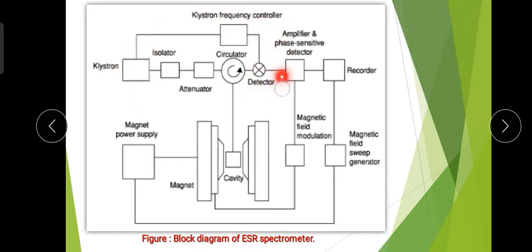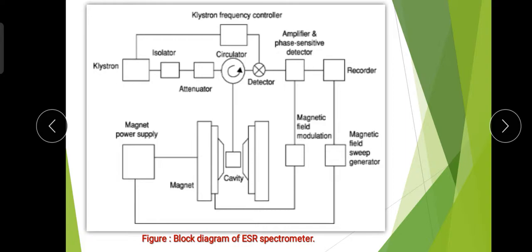Here is a detector, and this is generally a crystal detector. Then after that there are different components like isolator, attenuator, circulator. These are the basic components used to attenuate the radiation, and the circulator is used to circulate that radiation, and it is given to the cavity, the cavity in which the sample is placed,